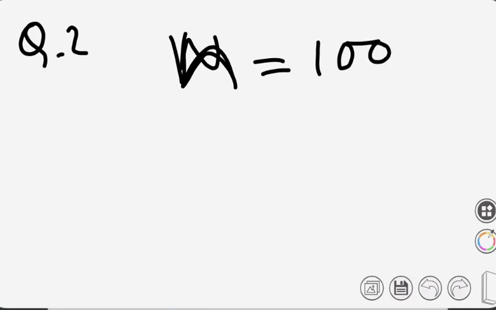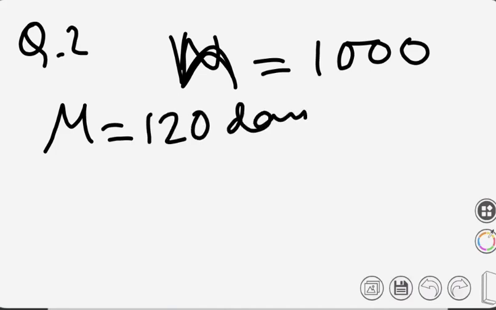So now we do question number 2. So 1000 light bulbs, that means we'll write n. In small n, the number of light bulbs is 1000, with a mean life of 120 days. Mean life, how are we denoting the mean? Mean as mu. Mu is equal to 120 days.